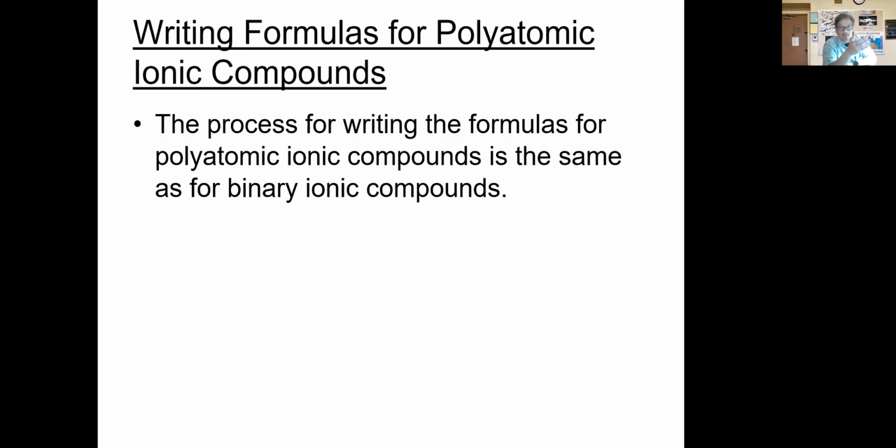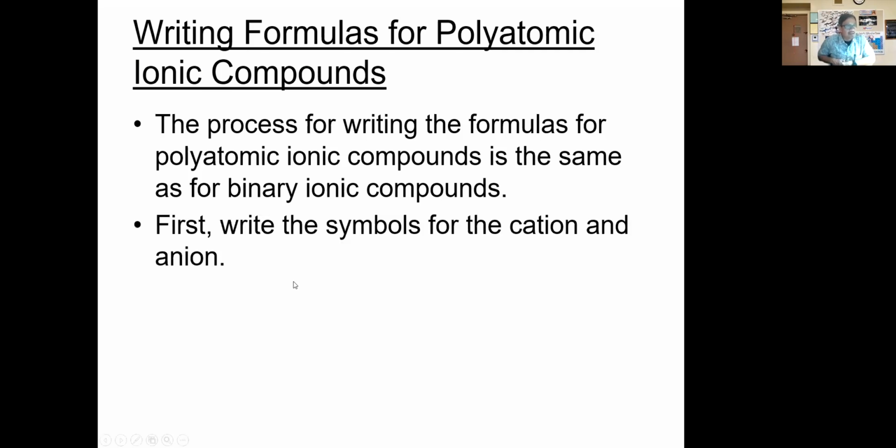You want to make sure then that you treat the polyatomic ions also as a single entity, a single unit, and we'll talk about that. All right, so the polyatomic ion rules are going to be the same. What you want to do then is write down the symbols for the cations and the anions,